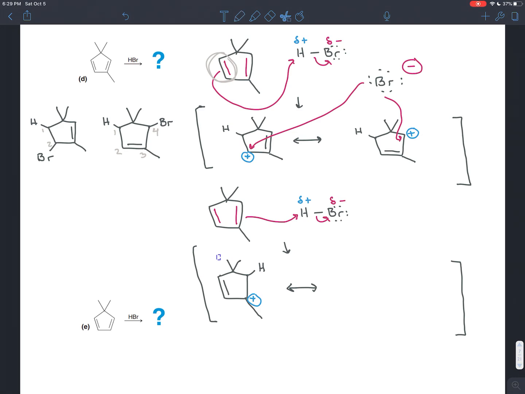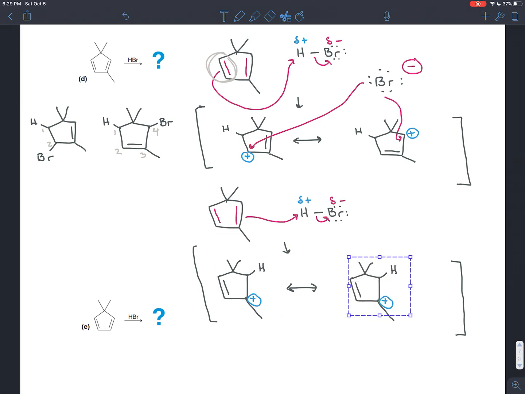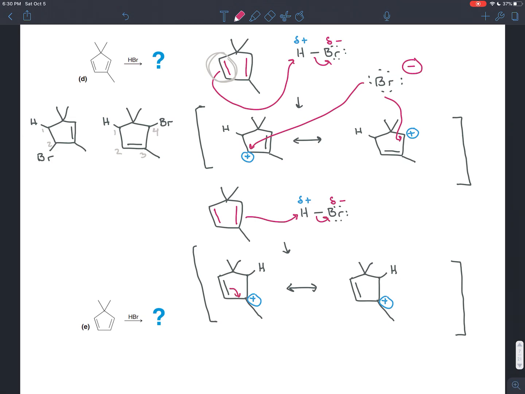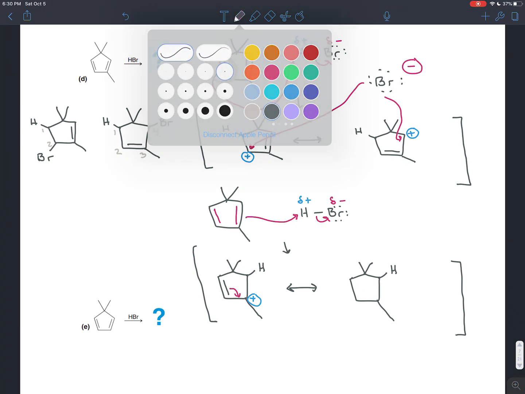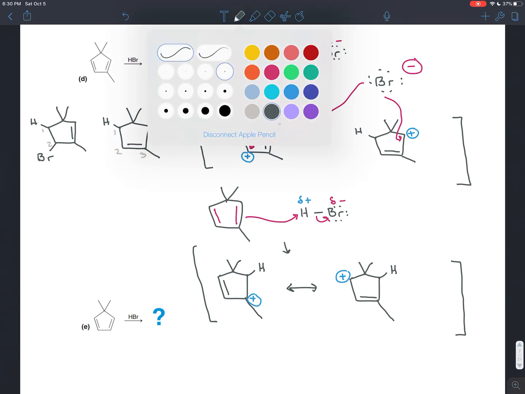So when we want to draw the resonance structure for an allylic carbocation, you take those pi bonds and they go toward the positive charge. So that positive charge then goes away, the pi bond moves, and the one carbon that loses electrons in that exchange, that now has that positive charge. So those are your two resonance structures, and after you do that first nucleophilic attack, you have a bromine all